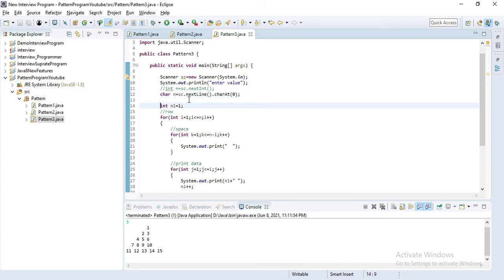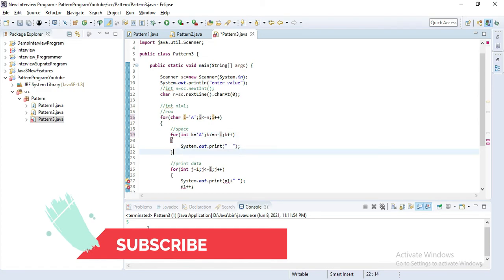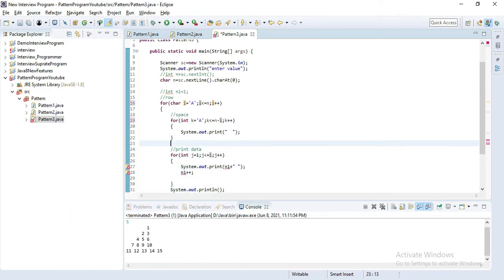Let's comment this. Now instead of int we have to change to char, and i equal to capital 'A'. Here also we have to change k equal to 'A'. That remains the same.